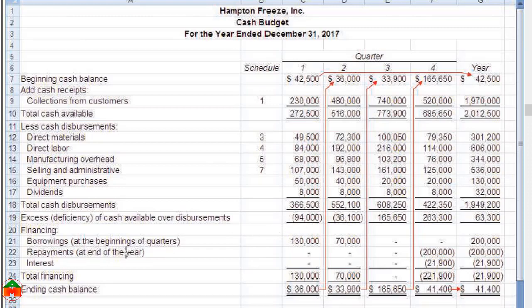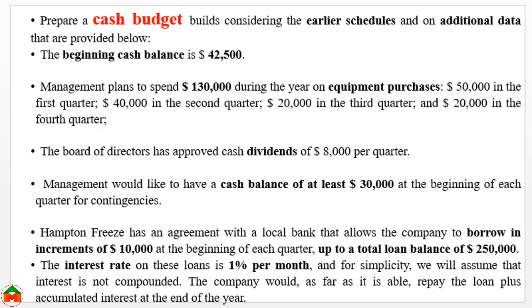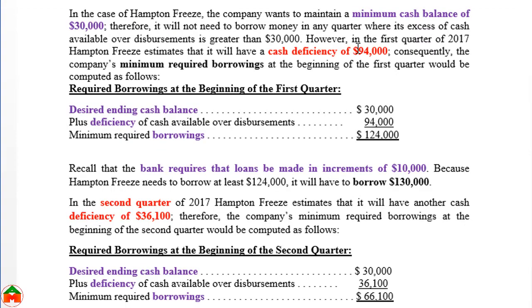That's why the company needs to borrow from the bank, and from the question we can see there is a loan agreement in which they need to borrow in increments of 10,000. For your clear understanding I am showing the calculation. We can see the company has a deficiency of 94,000 and they are interested to keep a minimum ending balance, because this ending balance for the first quarter would be the opening balance of the second quarter. The minimum ending balance is 30,000 and there is a deficiency of 94,000. That means the company needs to borrow